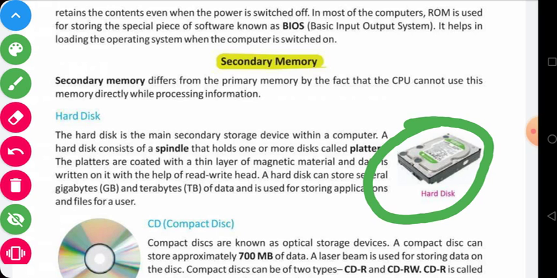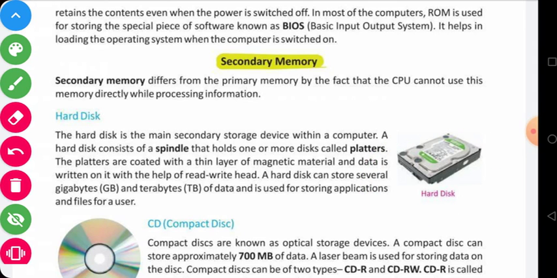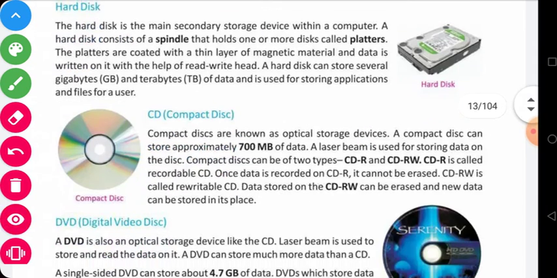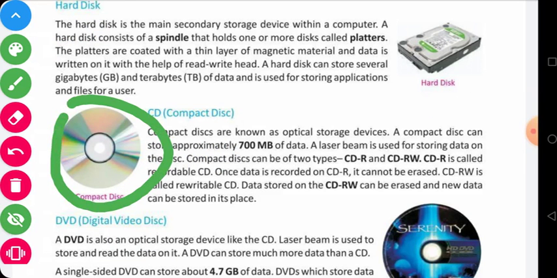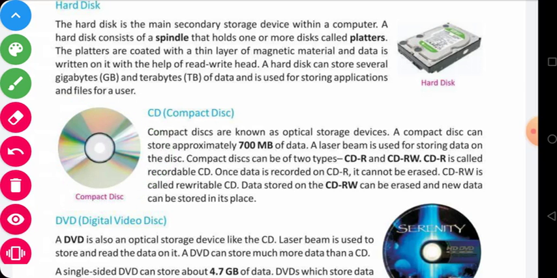Okay, now we are moving on to the next topic, that is called compact disk. And this is the image of compact disk. It looks like a CD, round shape. And in this compact disk, how do we store data? Generally compact disks are known as an optical storage device. A compact disk